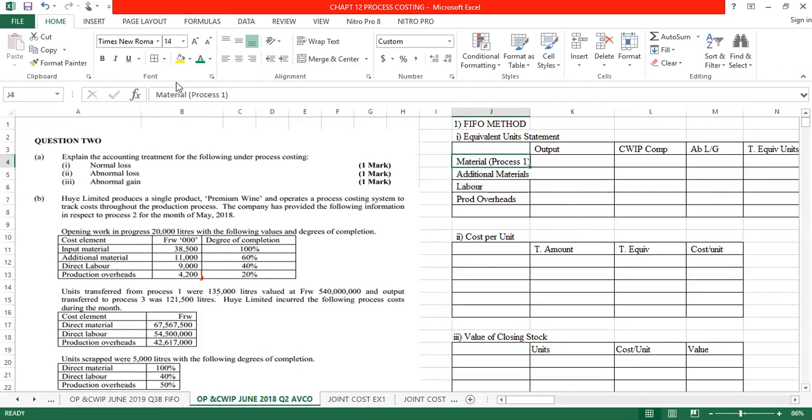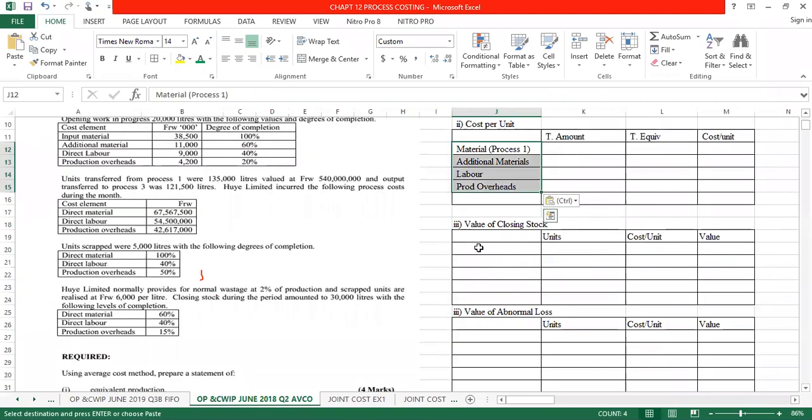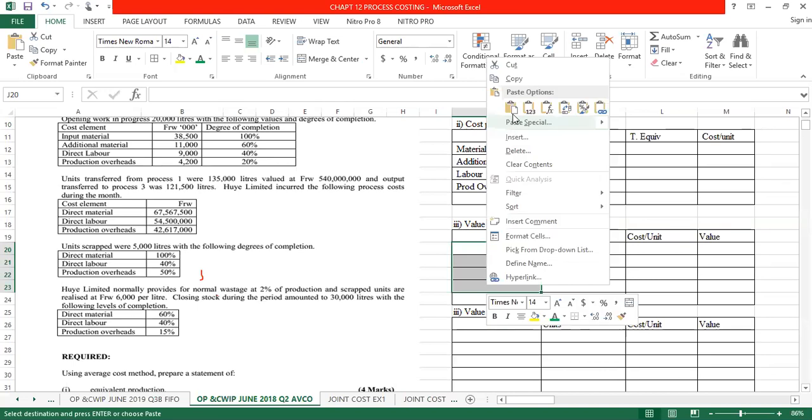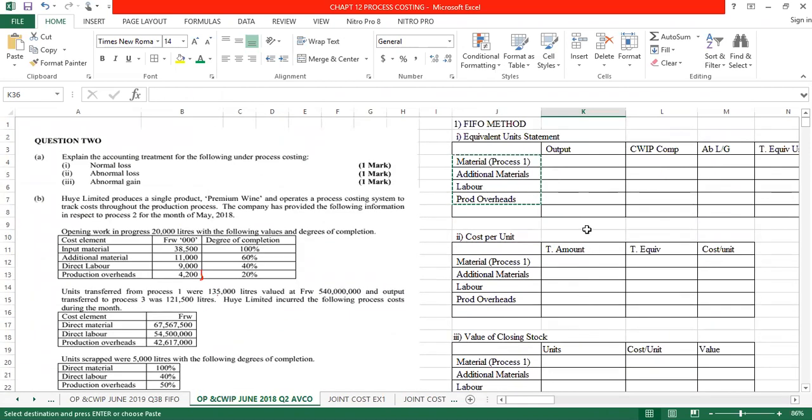I don't need to write that this is from process 1, but let me just leave it to be consistent. I'll copy that and paste it there. Okay, so we already have that. So next,